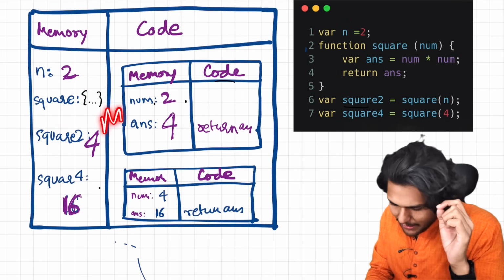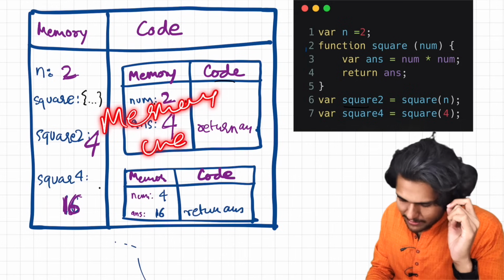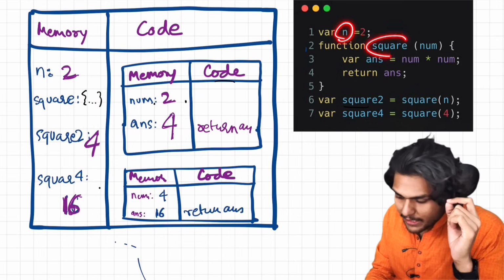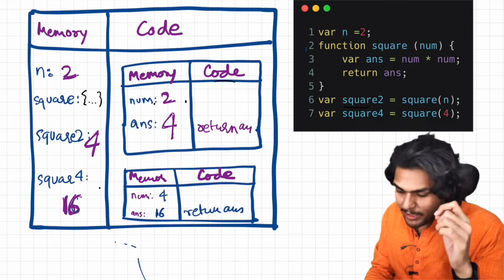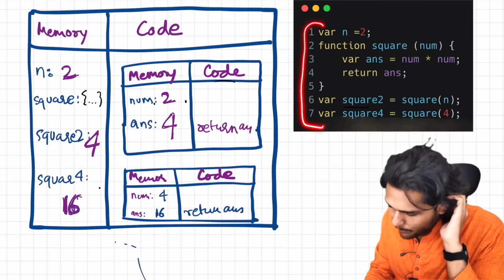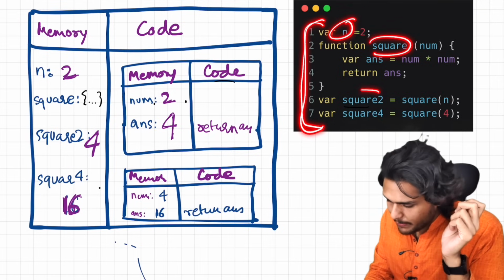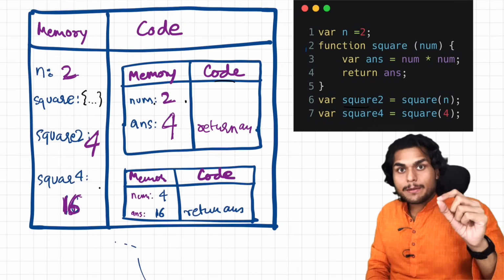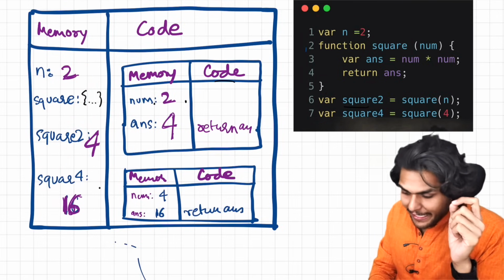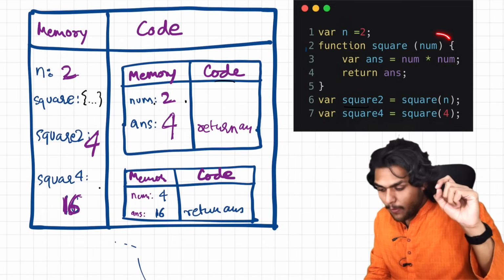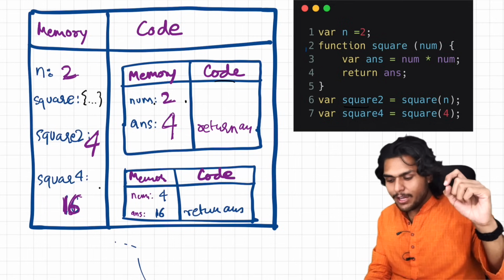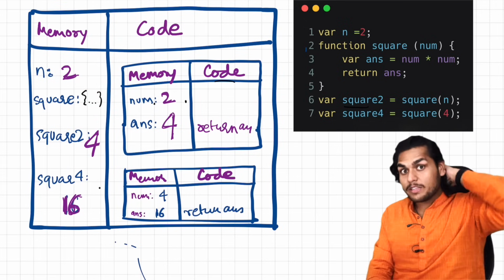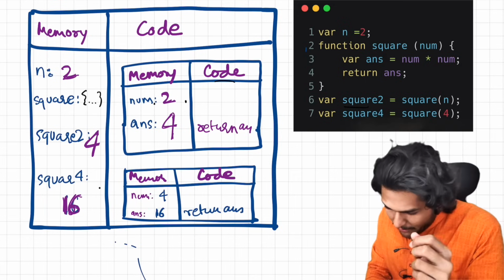Phase 1 was the memory creation phase. In the memory creation phase, we were allocating memory to all the variables and functions inside the global space. We allocated these variables with undefined, right? And in the case of functions, we literally stored the whole function code inside the memory space. So that is the first phase. Now in the second phase,